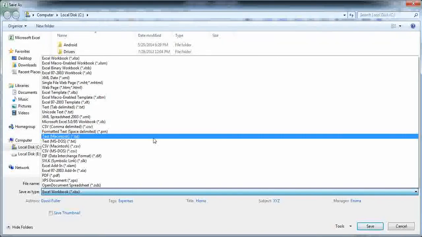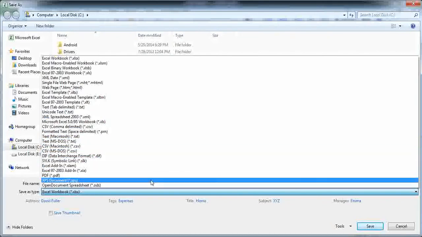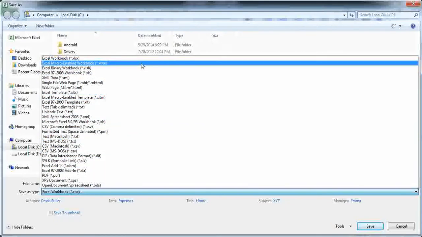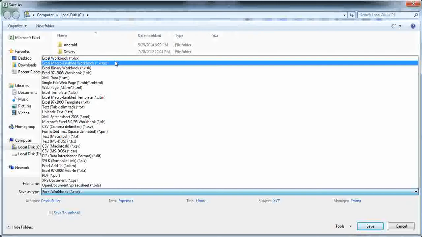Now these are all the popular extensions that Microsoft Excel lets you save it with. Let's go through most of the important ones one by one. So the top one is obviously the Excel workbook, which has an extension of XLSX, and it lets every software know that this is an Excel file. Now what this label does not mention is that this is the Excel extension created by Microsoft Excel from the 2007 version onwards. So the 2007, 2010 and 2013 versions of Excel would produce a similar kind of extension. The other is Excel macro enabled workbook.